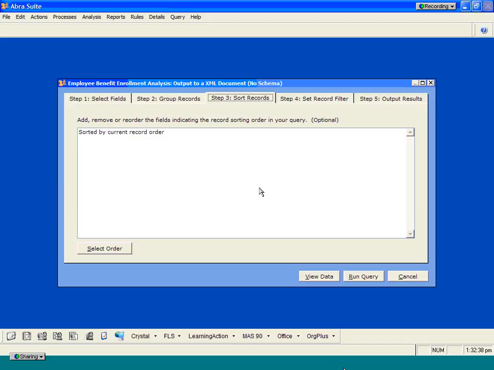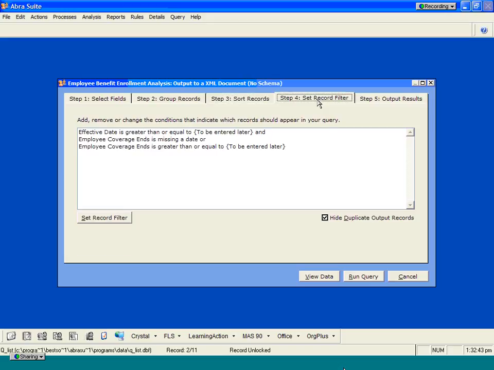Maybe we want to sort it by employee number, whatever the case may be. This is an area that you can define how you have your information sorted. Step number 4 allows us to create something called a record filter. Basically, this is an area that we can go into and define what information we want to view